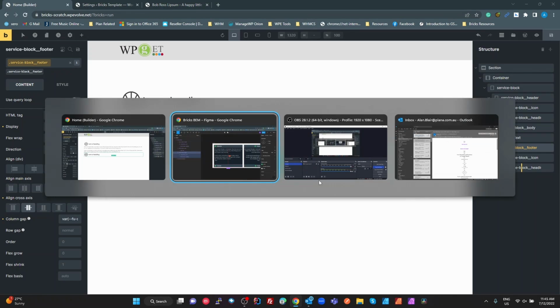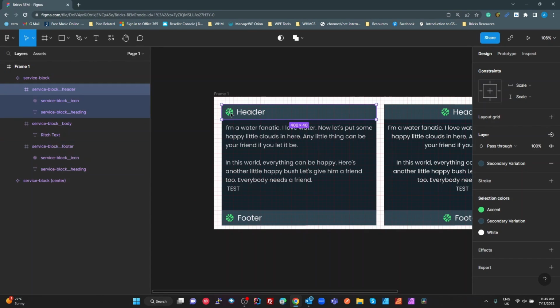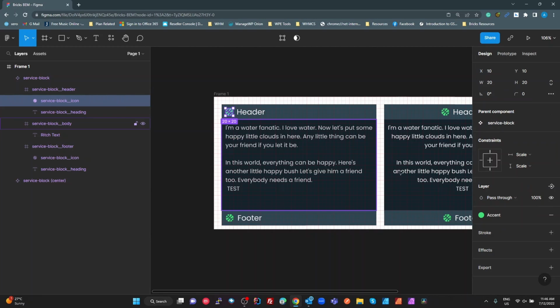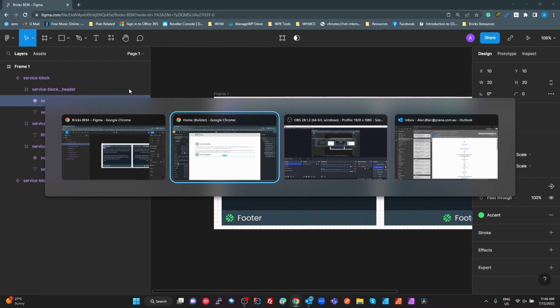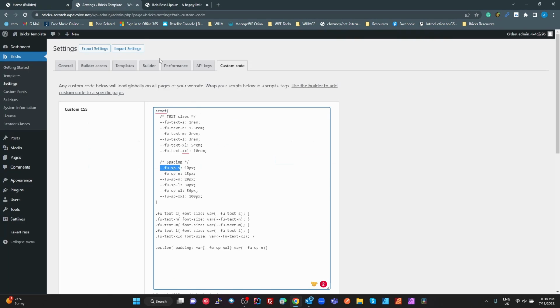All right, so let's go back to our Figma, and we see we've got a green icon, so it's using our accent color, and the size is 20 pixels. All right, so what gives us 20 pixels? 20 pixels is our spacing medium, or our text medium. Now, we're going to use a font icon, so I'm going to use the text so we can make it variable with the scaling of the font size in the browser. So I'm going to grab that text M,